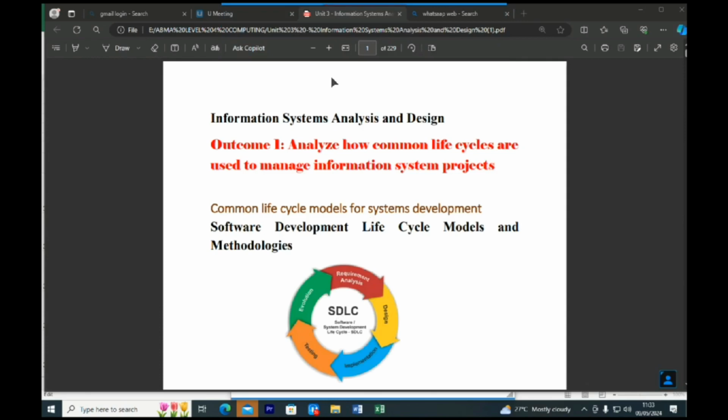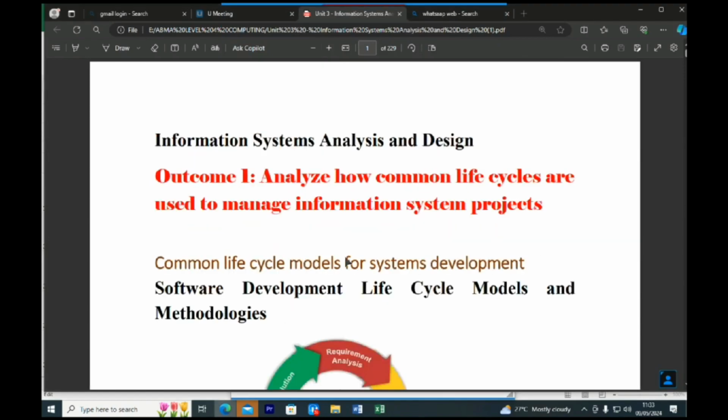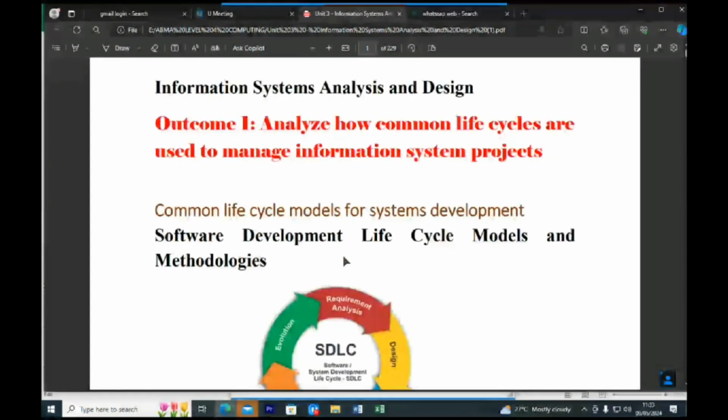And in this first outcome, we are going to learn about how we can analyze common life cycles as they are used in managing information systems. How to analyze, or analyzing how common life cycles are used to manage information system projects. This is the first required outcome when it comes to the ABMA syllabus, and I have my resource here that